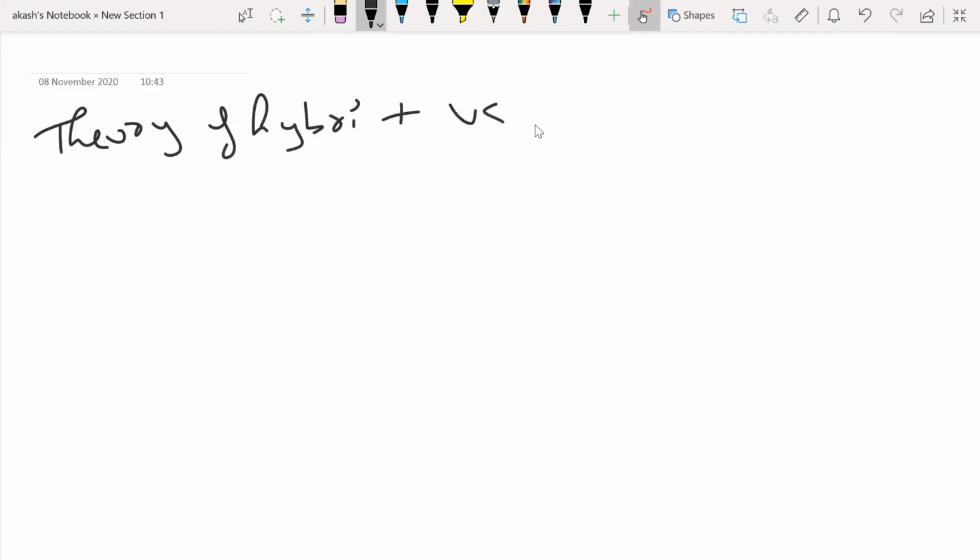Theory of hybridization plus your VSEPR. Right. Cool. So I said we'll be talking about them together. Anyways, we have to understand them individually so that we'll be able to put them together and understand